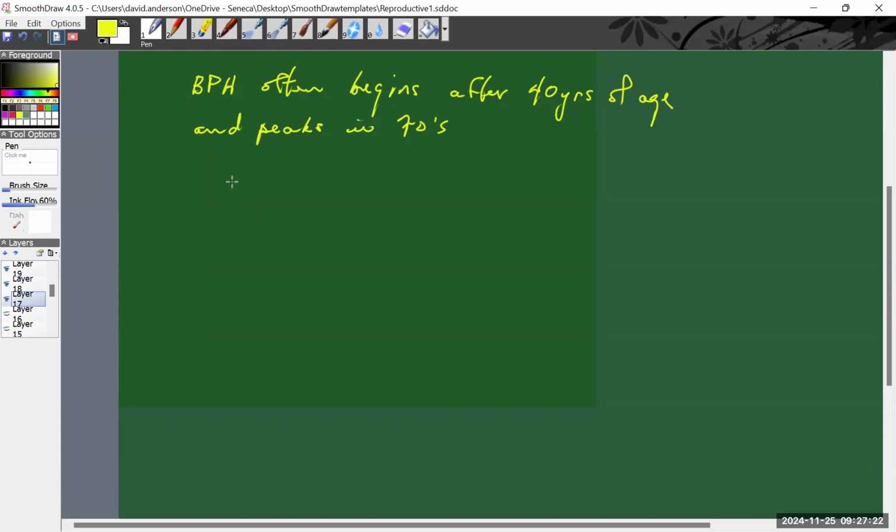The other thing to keep in mind, we talked about this when we talked about prostate cancer, is that one of the markers in the blood is the prostate-specific antigen. And although those levels might rise in BPH, they do not increase the risk for prostate cancer. So BPH does not increase